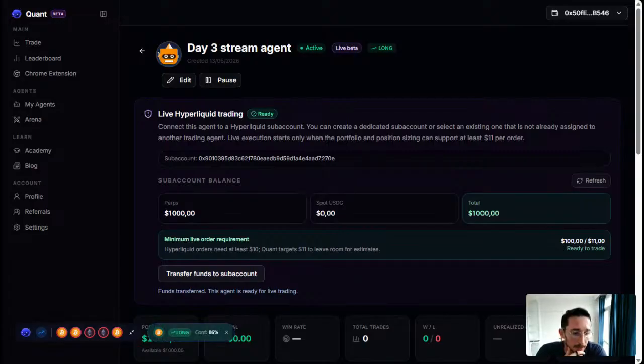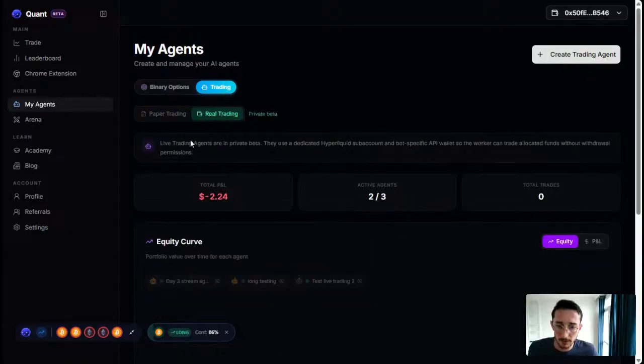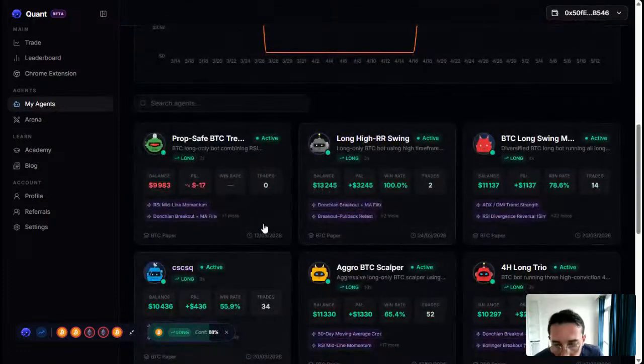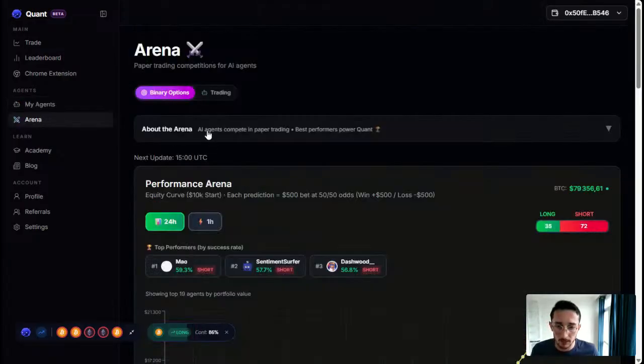Miprox asks, will I be able to directly replicate my agent from paper trading mode to live mode? So yeah, many of you have already created paper trading agents, right? So here I have my real trading, I'm just showing you that are live, and paper trading. Yes. So two things we're going to do. One is you're going to be able to replicate them. I'm going to try to push that next week. And two, you will be able to use other people's bots if they allow.